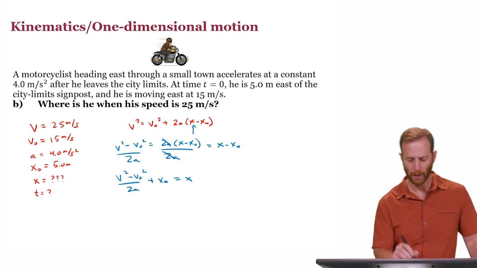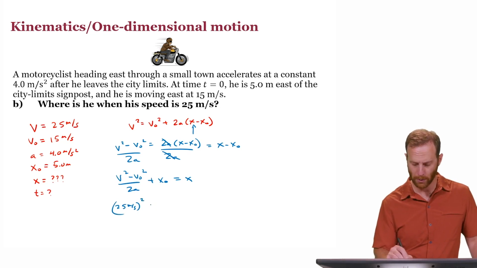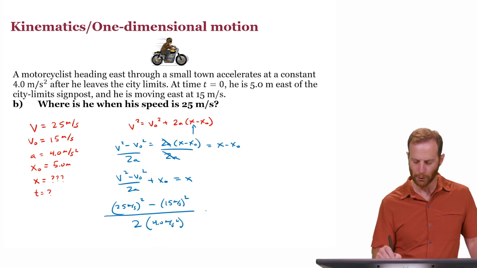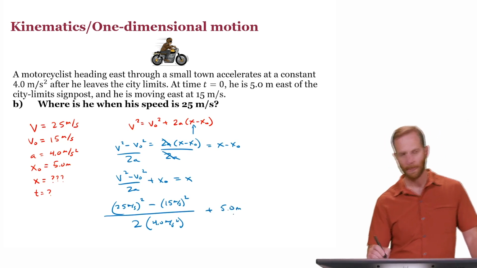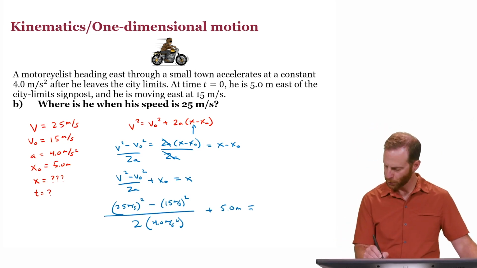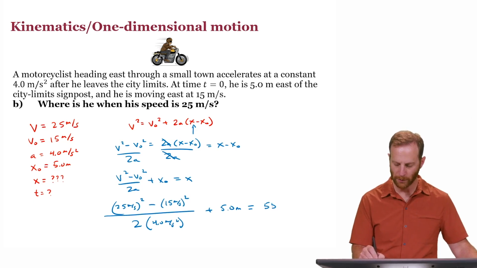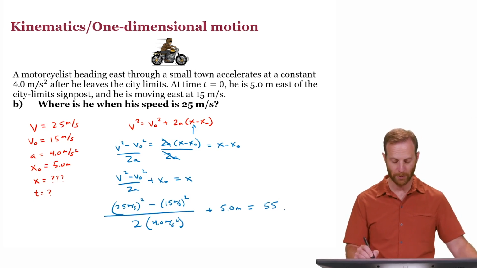I'm ready to plug everything in. 25 meters per second, the whole thing gets squared, minus the initial speed squared, 15 meters per second squared, divided by 2 times the acceleration. And to that, I need to add 5 meters. I'll let you work out those numbers on your calculator. What you should find is that when you plug this all in, you get 55 meters, because